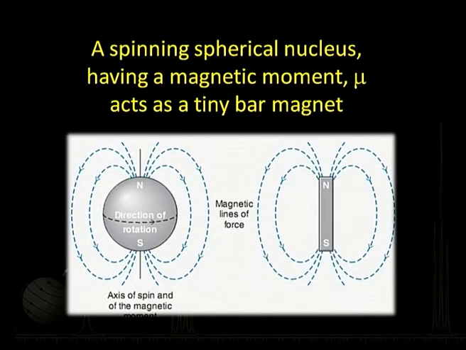Now, look at this. The tiny nucleus I am talking about actually acts as a tiny bar magnet. If I look at a spinning nucleus, it has an associated magnetic field the way it is shown over here, and if you see a similar field for a bar magnet, we find the two are similar. That means, in a way, we can say that such a spherical nucleus which is spinning acts as a tiny bar magnet. Now, if I take a number of such nuclei, these tiny bar magnets will be randomly oriented, because in a sample of nuclei all the nuclear spins are spinning and their magnetic moments are oriented in all possible directions.